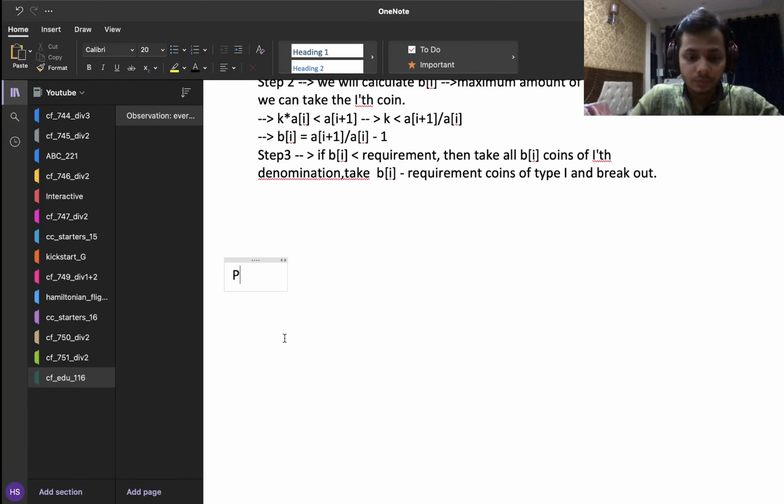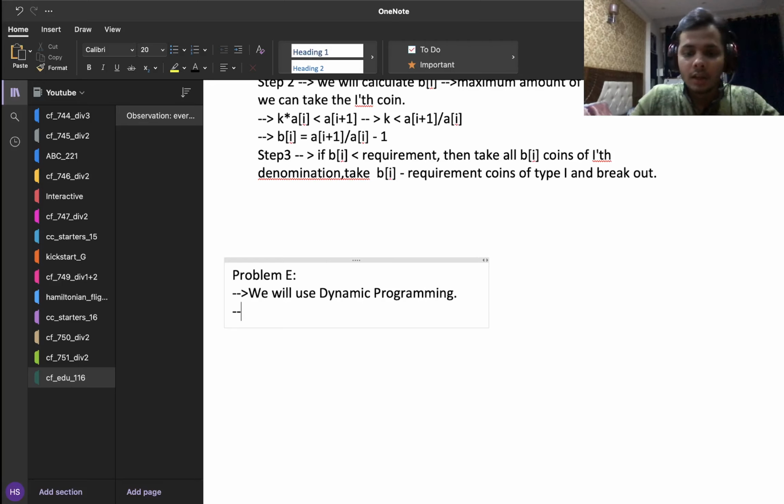So we are at problem E, and finally the first thing here is we will use DP. Now, of course, the first thing which we have to find out when we are using DP is to get somehow the state of the DP, right? So the first question is how to define the state.